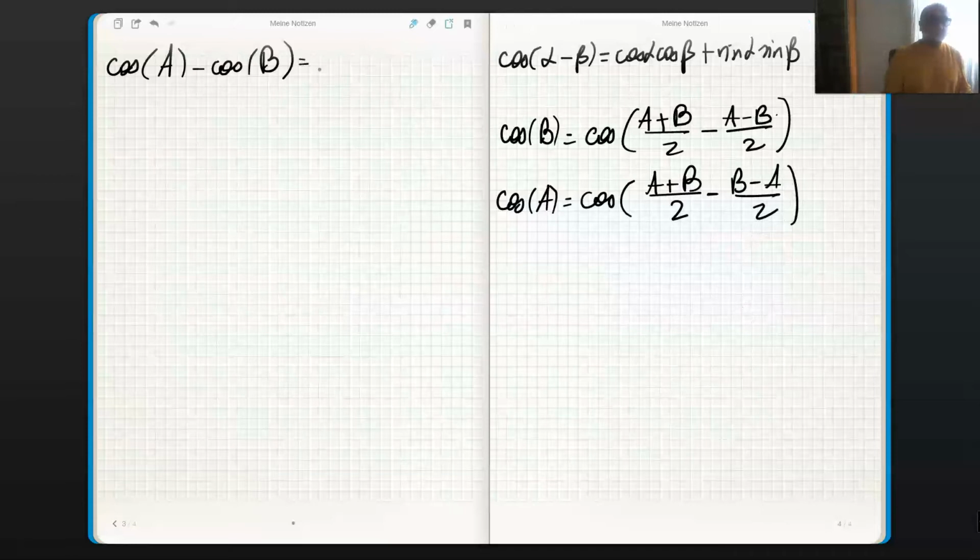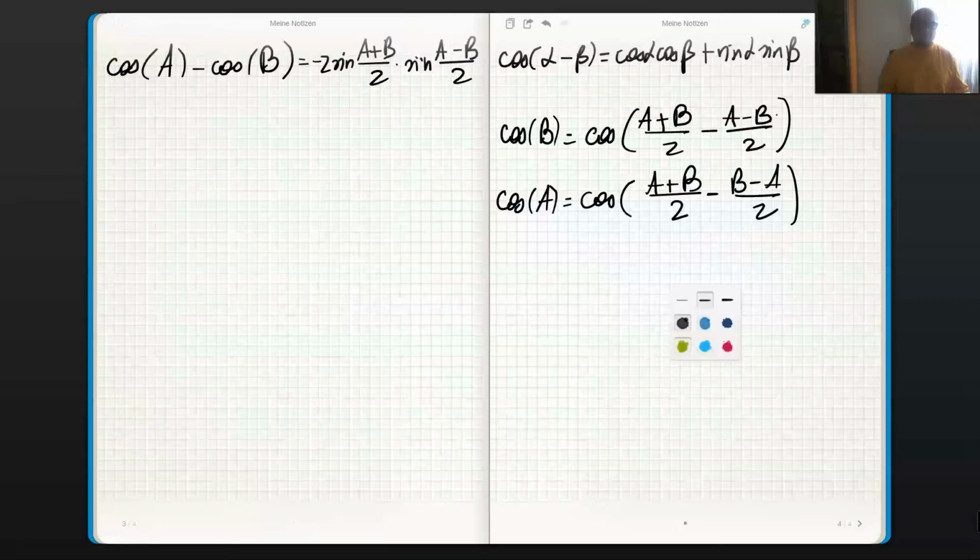So what is the formula that we want to prove? Actually, it's now minus 2 sine of A plus B divided by 2 times sine of A minus B divided by 2. All right, and I must be honest, I haven't used this formula that much. Since I'm making new ideas or thinking about this stuff, I'm looking it up, and I found it's interesting and important in order to prove other things. That's why I'm doing it now.